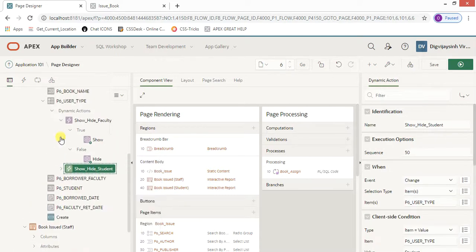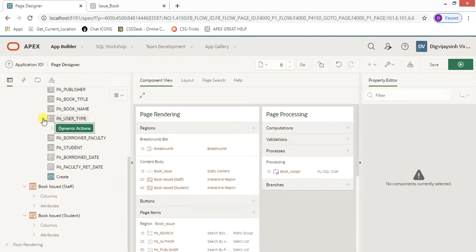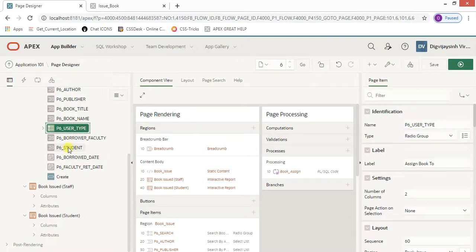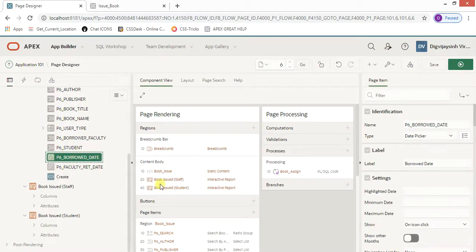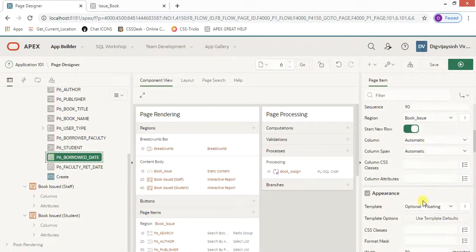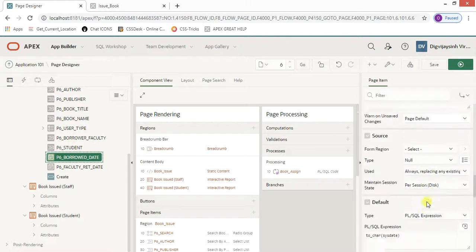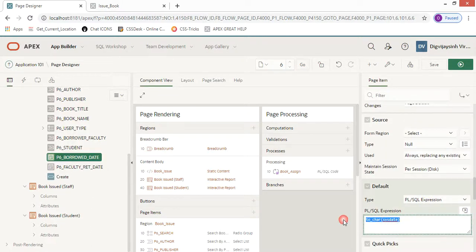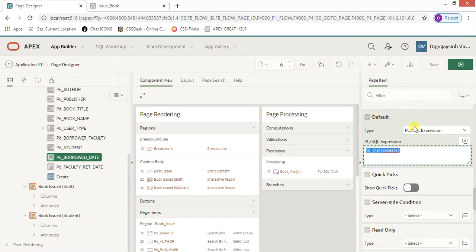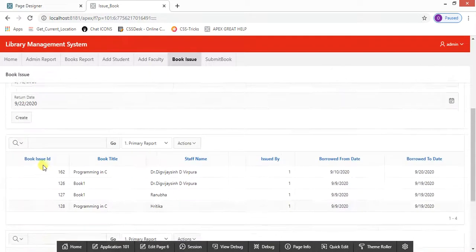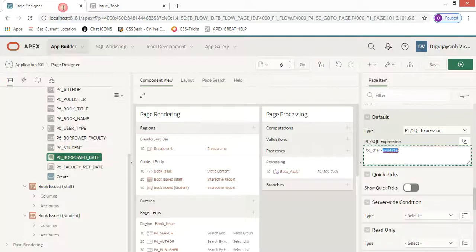So this has been done now, right? Up till here we have done. So for borrow date, I have defined a date picker in which I have defined a static value. In the PLSQL expression, you need to go to this default PLSQL expression, and to_char sysdate, I just want to define a sysdate, so I've defined that. And now in the next field, I want to define the date plus 20, or sorry, 10.